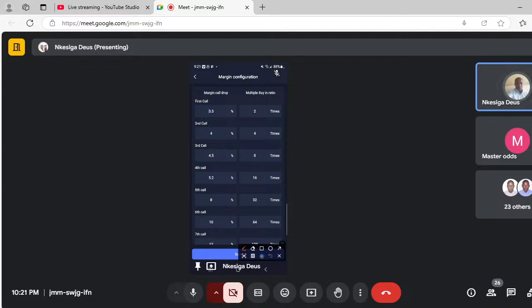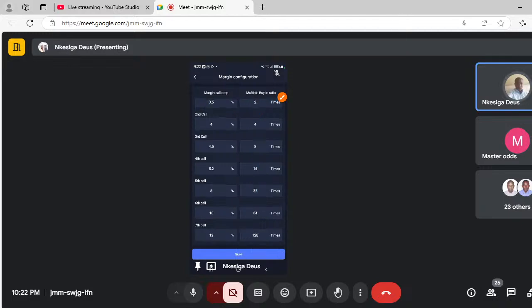And at times, the robot will finish all the money, or will finish all the margin calls you had used. But the coin is in negative 60. But here, this strategy will help you to get out as quick as possible. And another thing that I want you to understand, let us have here